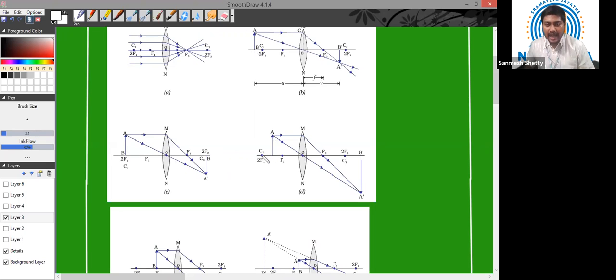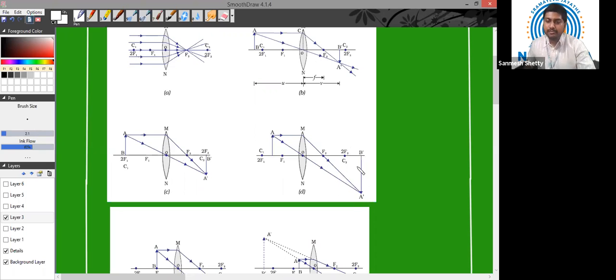Again I move the object further closer, that means I keep the object between 2f1 and f1. Now you will notice that the image size has enlarged. Before that, we used to get a diminished image. Since we are moving the object closer to the lens, the size of the image is increasing. But still, it is real and inverted. It is real, inverted, and magnified.